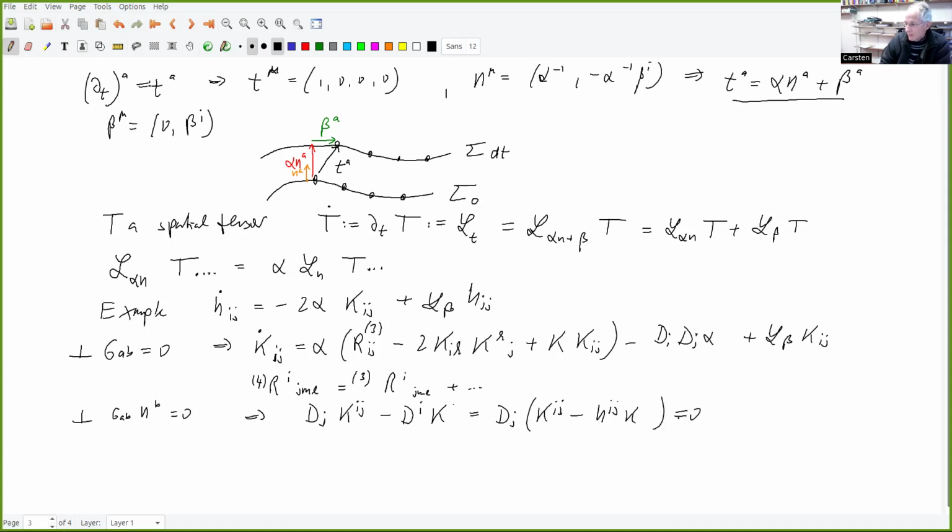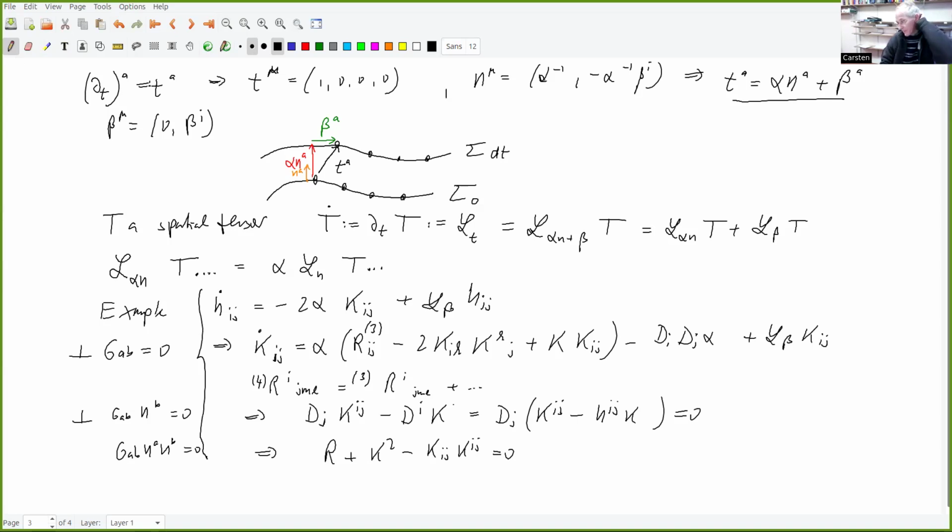And that's 0. And then if I contract G_ab, the Einstein equation, with n twice, then that gives me the Hamiltonian constraint. No, there's a minus here. And for simplicity, as I said, I'm not putting in the matter terms just so that I don't have to write them down. And so then we have these